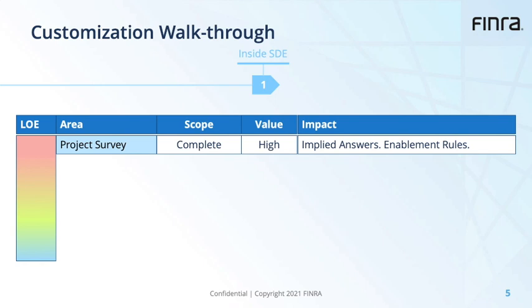Let's take a look at some of the customizations that went within the SD Elements portal, and the level of effort involved with each of those customizations. Starting with Project Survey,